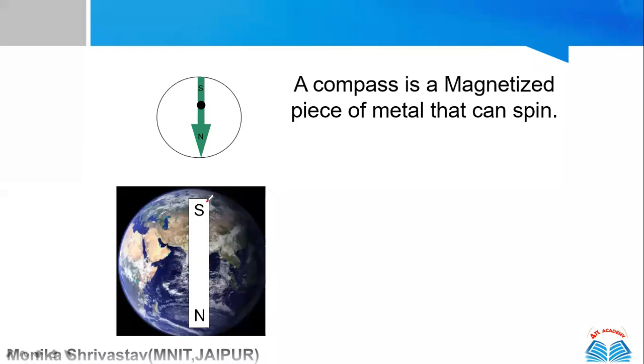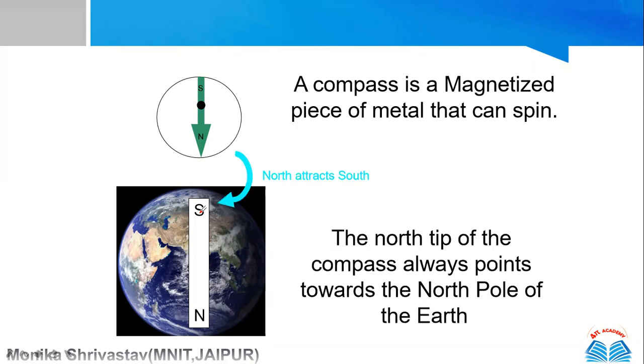You know now that opposite poles attract, and that is why this compass is basically a magnetized piece of metal. So this magnet and this magnet will feel some attraction, and this north pole will be towards the south pole. So the conventional direction of that compass will always stay in the north of the Earth. The north tip of the compass always points north, you know this.